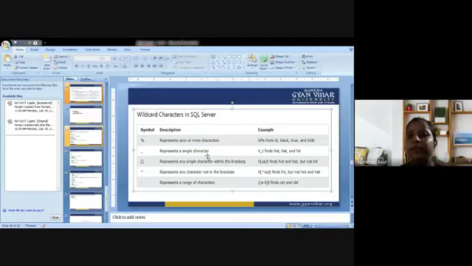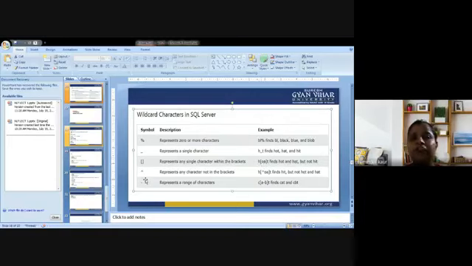Underscore represents a single character, that is H underscore T. It could find coat, hat, HIT. Next is the square bracket. It could represent any single character within the brackets, that is H and T. There could be some characters lying in between. It could find hot, hat, but not heat, because either O could be there or A could be there, but it could not be anything beyond these two combinations.